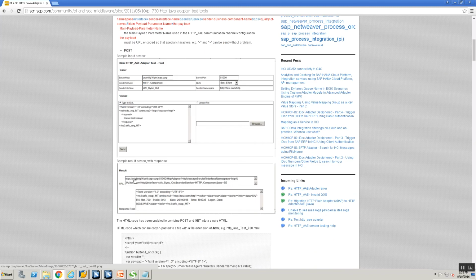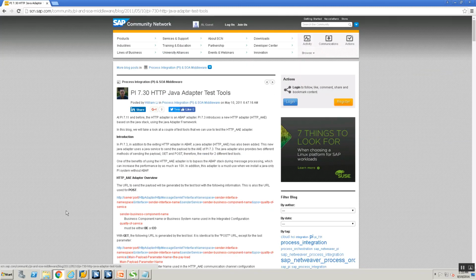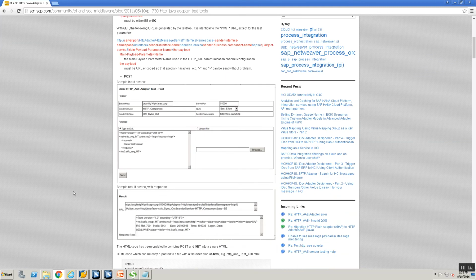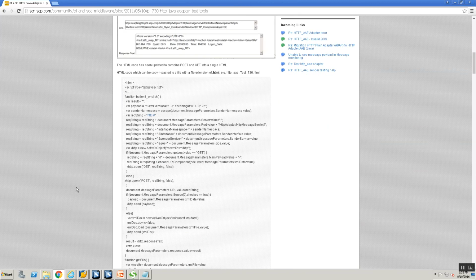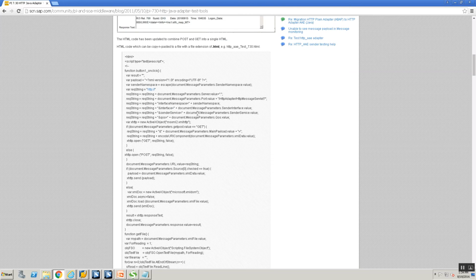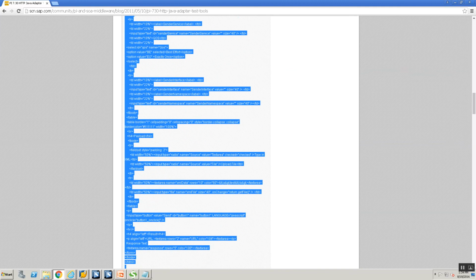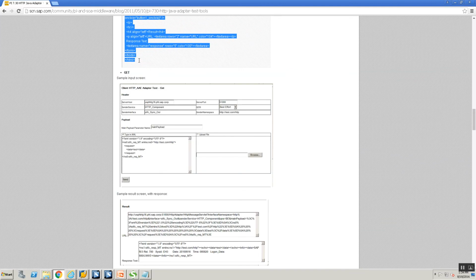If you go to this blog, this is a blog saying PI 7.3 Java adapter test tool. Here you will see a section that says HTML code which can be copy pasted into a file with extension .html, and this is the HTML code. So just start from the HTML code here, keep going all the way to the bottom, just go to the end of this HTML.